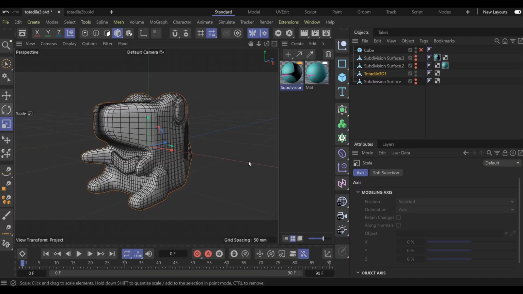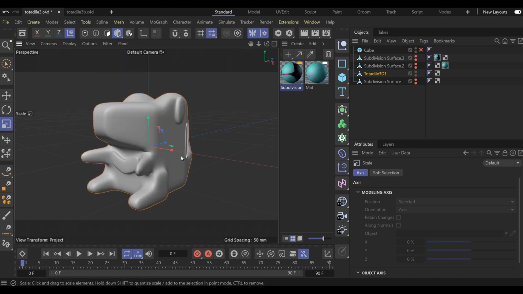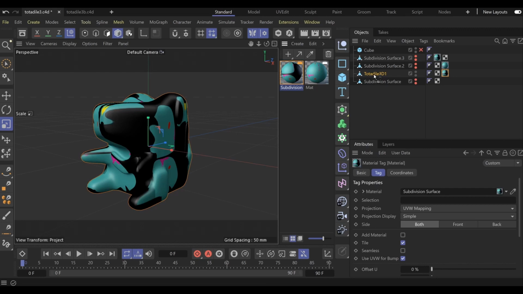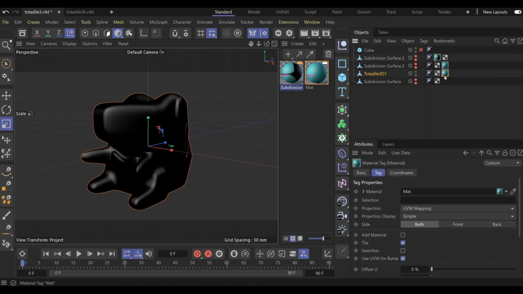So here we are back in our Totadile sculpt, and this is of course the Totadile that I was using for STL. And if we go to it, you can see that there's no textures on this one. I'm not sure what happens if we do drag some textures on it. Yeah, that one's not going to work. How about that one? No. So these no longer align to the mesh that is on there,